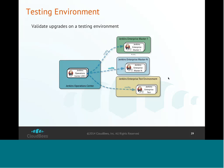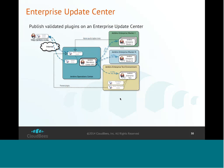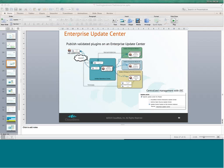And this is very important. We strongly recommend you to have this environment. Maybe you are short in hardware resources, and you can just use virtualization to start this environment when needed, when you test upgrades. Once we have prepared this testing environment, we will use a feature of Jenkins Enterprise by CloudBees, which is the Enterprise Update Center. You are probably familiar with the Update Center. So it's a place